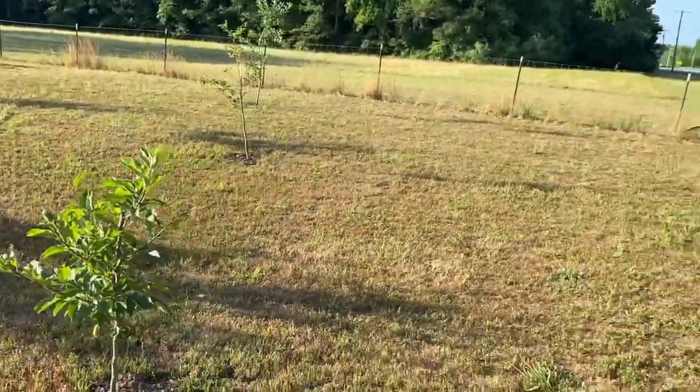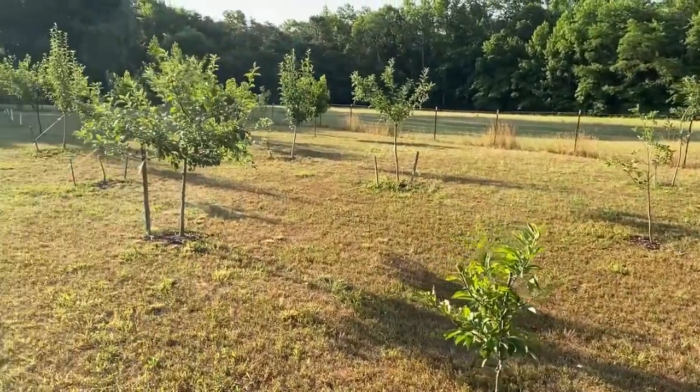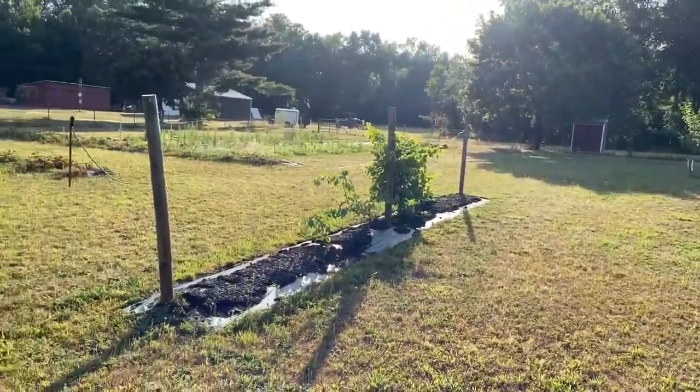We blocked off this, it's like a half acre maybe. You could see the fence line. Blocked off a half acre, and all the trees are on this side, which, like I said, we're going to add more. And we have the grapes here,